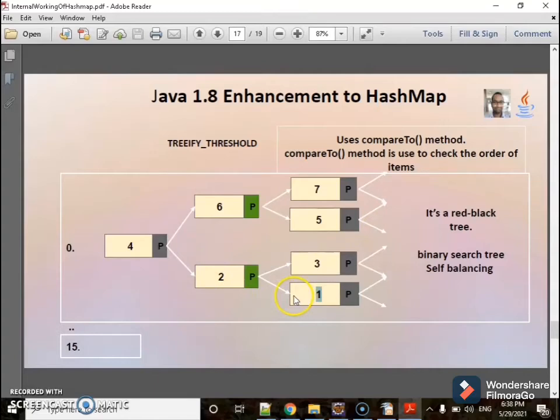I want to get the first element from the hash map. Then 1 will be taken as the lookup item. First it will search with the 4. Then obviously it comes to know that it should go down. Then it comes down again. Then it searches with the 2. Then further it understands that it will go down from the 2. Then it goes to the 1 and it returns the value of 1. And it did not search through all 4 entries in case I want to search for 1. So this is a performance improvement for hash map in Java 1.8.